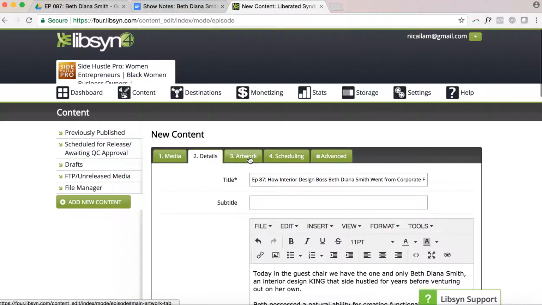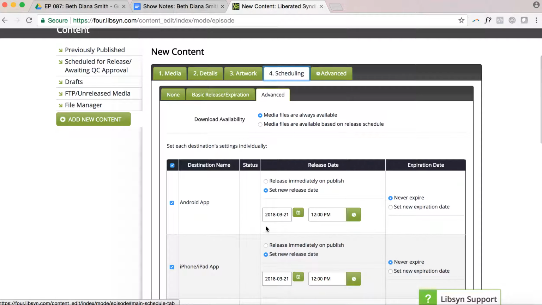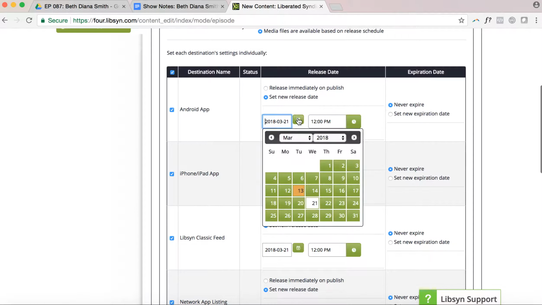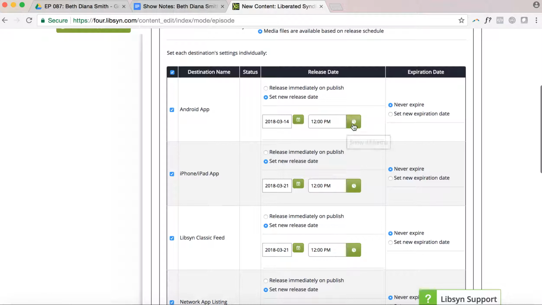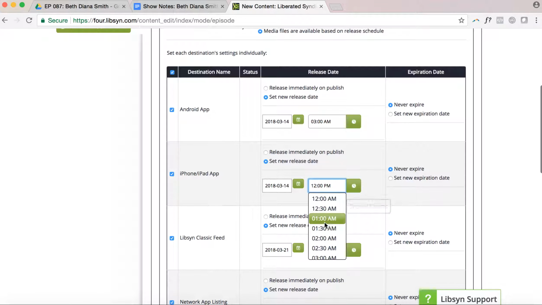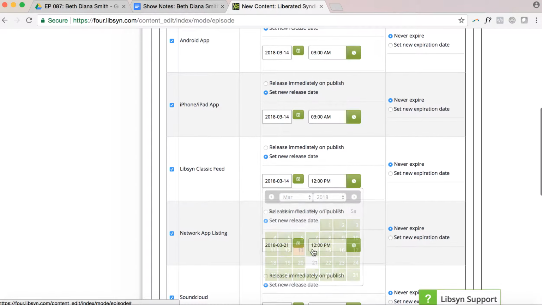And then finally, once all of that is in place, you go ahead and you do your scheduling. So I always select media files are available based on my release schedule. I don't want any media files to be out there before or after I want them to be. So with my episodes, I always have them published on Wednesdays at 3 a.m. So I go in, and by the way, you can preset this. This I find a little bit therapeutic, so I go in and I do it each and every week,